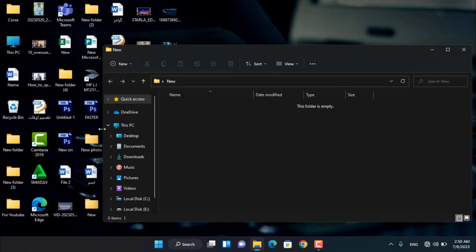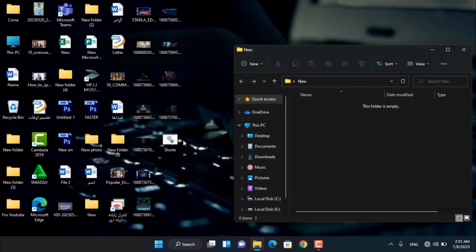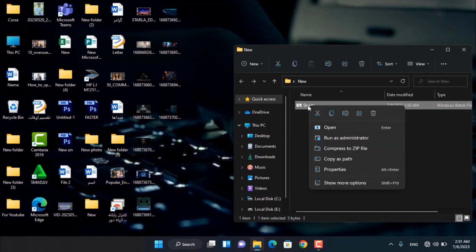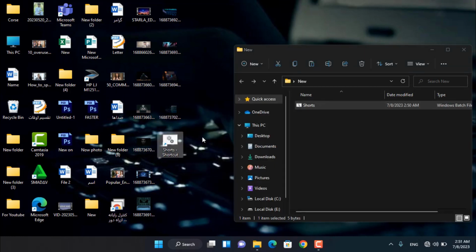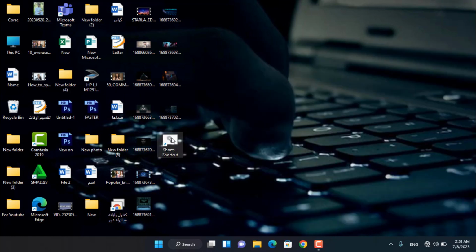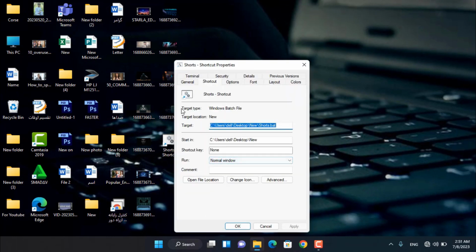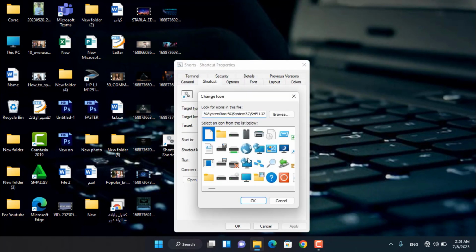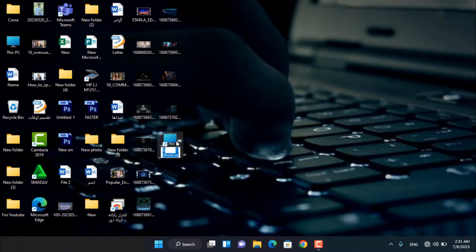And now in here you can just put it in another folder and you can paste it as a shortcut on the desktop. And now you can change the icon from right here, shortcuts, change icon, choosing whatever you like. I'm choosing this one. Also rename it. I'm going to rename it with This PC. And whenever my friend just opens this one, it is going to have an error and it will shut down their